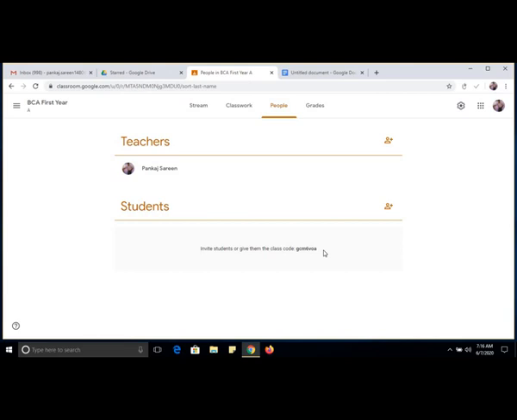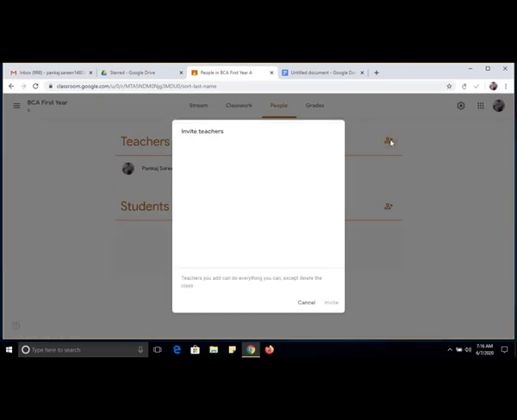For example, I want to add co-teachers, so simply click on this button, invite teachers, and here you can type the email ID of that teacher and then an invitation will be sent to that teacher and he will be able to join. For example, I want to add this person as a co-teacher in my class, Gulshan Kumar. So I click on this invite button.